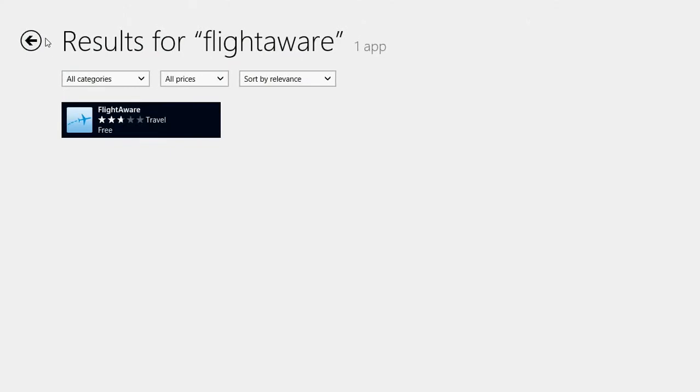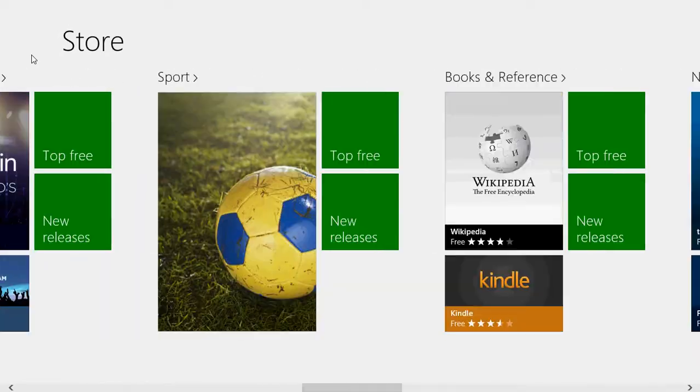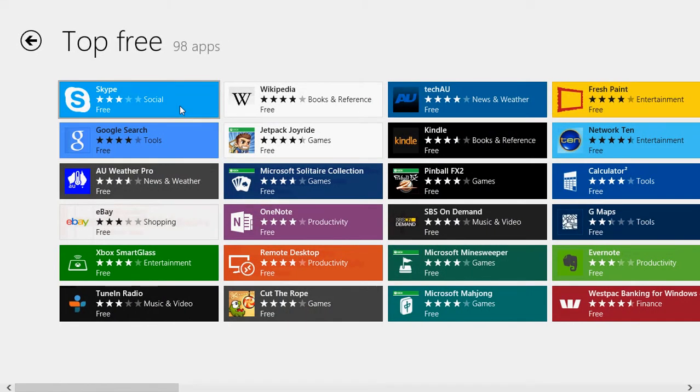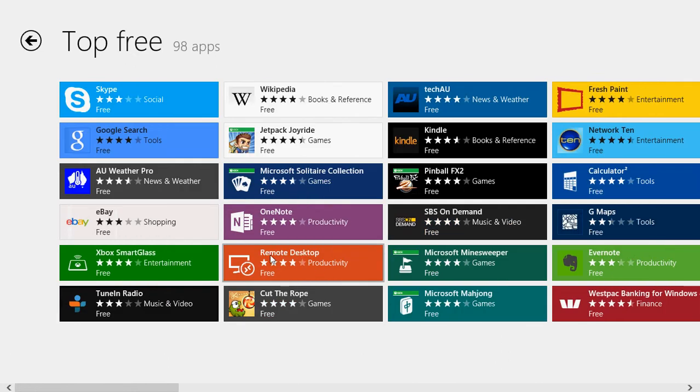A really cool addition is the App Store. So let's open that. Now, the App Store is full of apps, and the longer Windows 8 exists, well, that's obvious, the longer it's been from its launch, the more apps that will pop up here. The top three apps: Skype, Google Search, Wikipedia, Jetpack Joyride, eBay. There are banking apps, so you can do online banking. Remote desktop. I've used it, but not on this laptop. It's a lot better than